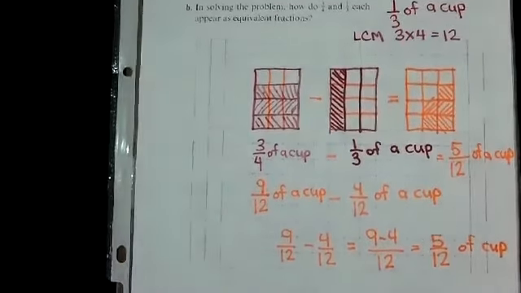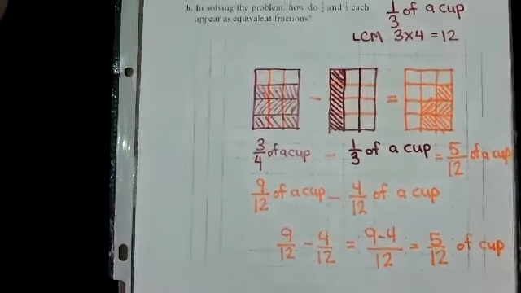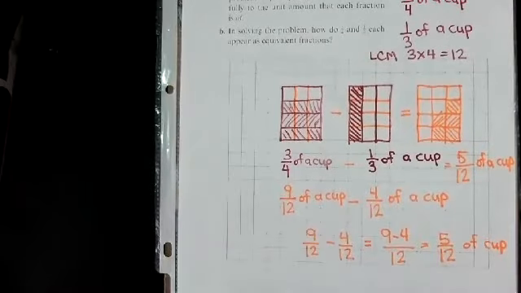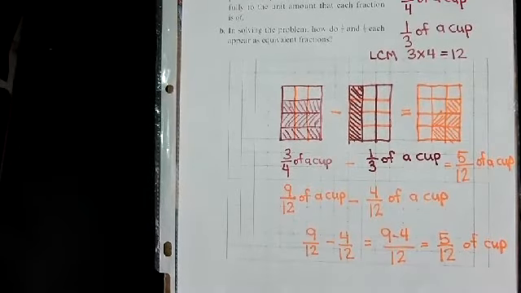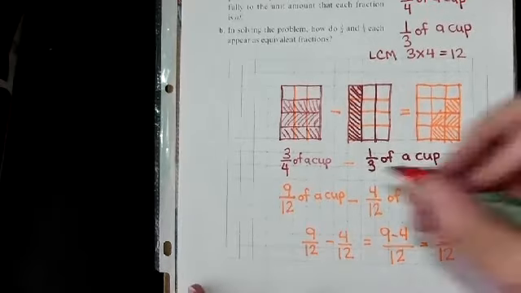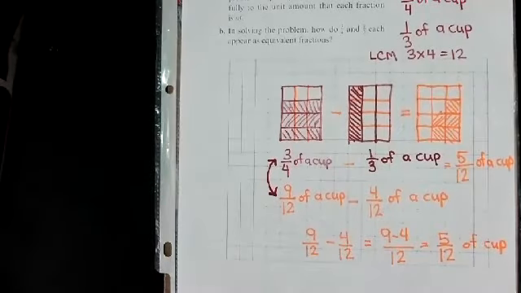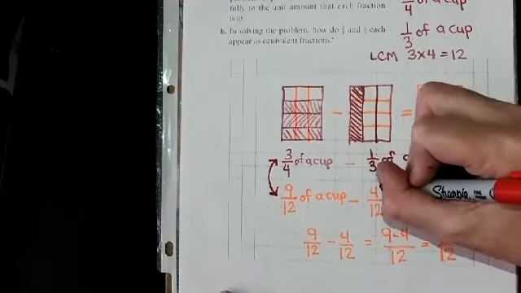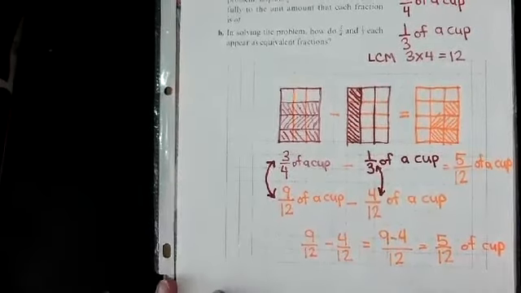Now, part B asks us, if I can zoom out a little more, it reads, in solving the problem, how do 3/4 and 1/3 appear as equivalent fractions? Well, we can see here that one equivalency is shown in our first image, and one equivalency is shown in our second image. So the answer for part B is that